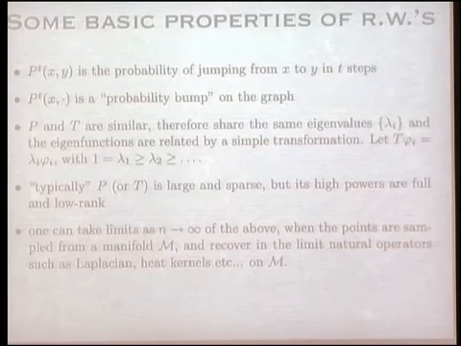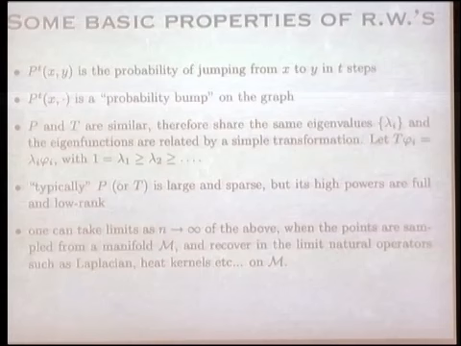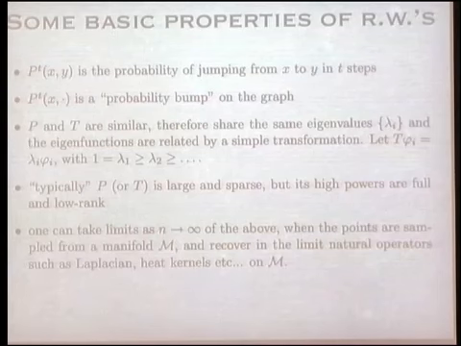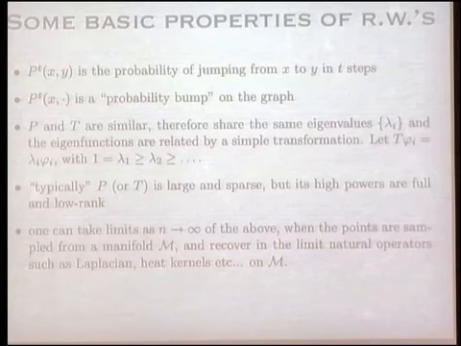I like that because, you see, in Euclidean space, we know how to construct bumps. For example, we have Gaussians, we have splines, we have localized functions. How do we do that on graphs? Well, we can look at the rows of the matrix P. In fact, the rows of the matrix P^t, and t suddenly is giving us bumps at different scales. These are like, quote-unquote, Gaussians on that graph.